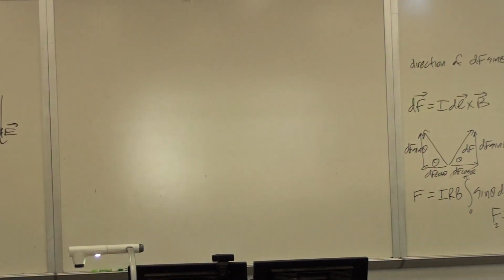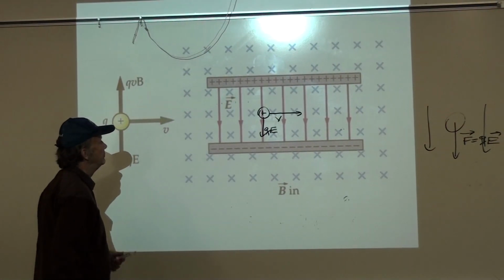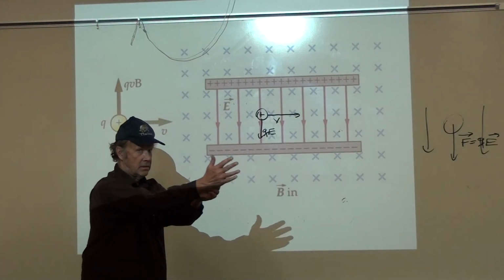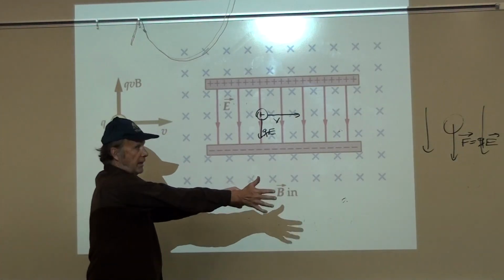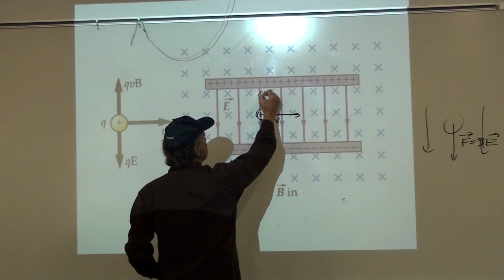Okay, and so if we do this with a magnetic field that's into the board, QV cross B, you should be able to do that. It gives you a force that's up